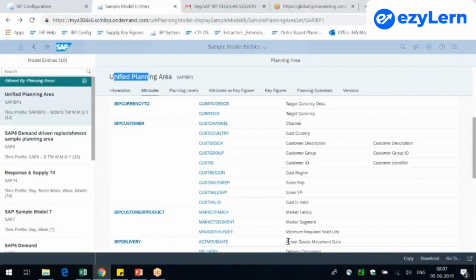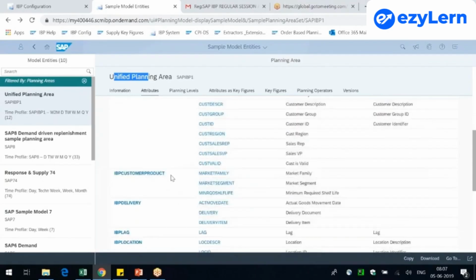Okay, coming back here, let's quickly go through what master data are available as standard in the sample planning area. There is customer, and then there is customer product. You see there is market family, and obviously market segment. So these compound master data, there are these three. So market family,